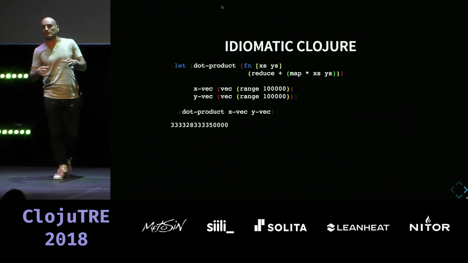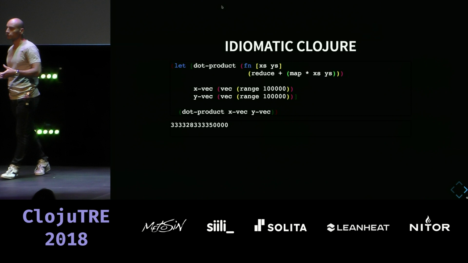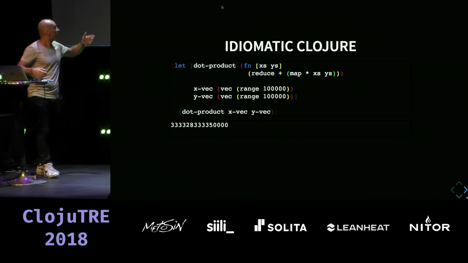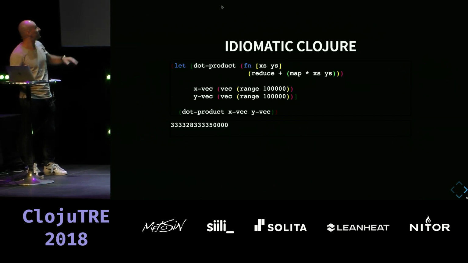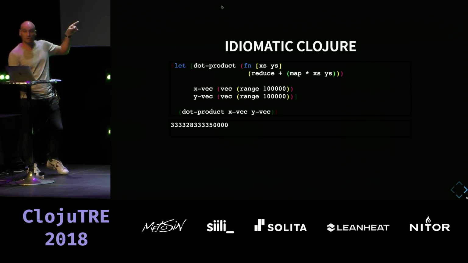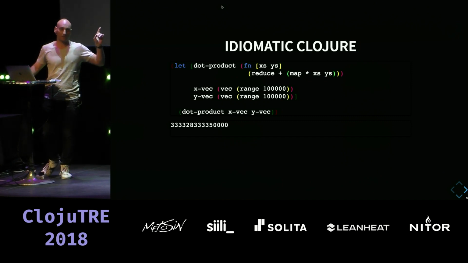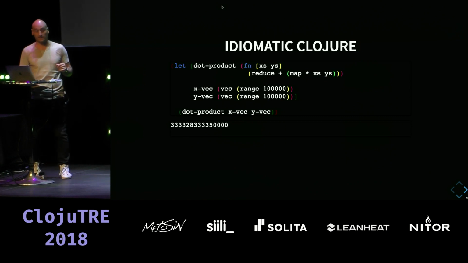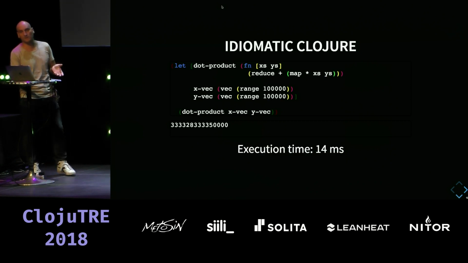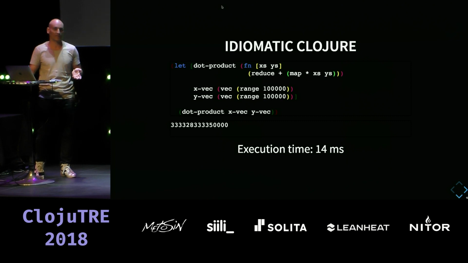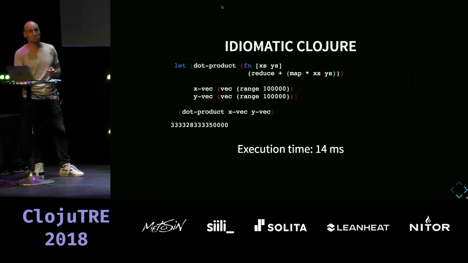So it's a simple function, really elegant solution. It computes a correct answer. It's easy to use. And on two Clojure vectors of 100,000 elements each, it takes 14 milliseconds to compute on my desktop. So it's quite fast.